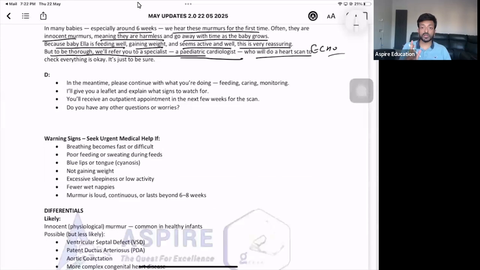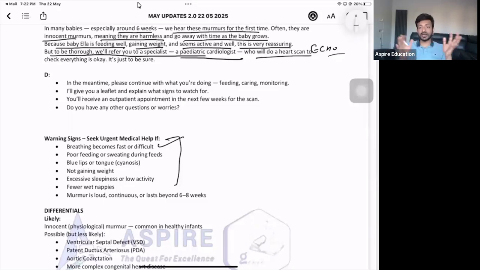But don't forget to give the warning signs to her. What will be the warning signs? If there is any problem with the breathing, if you see swelling and bluish discoloration of the lips, for example, and the child is not able to eat or drink properly. And yeah, that's it. You just bring her back, or you can take her to the hospital and they will be able to manage her accordingly.